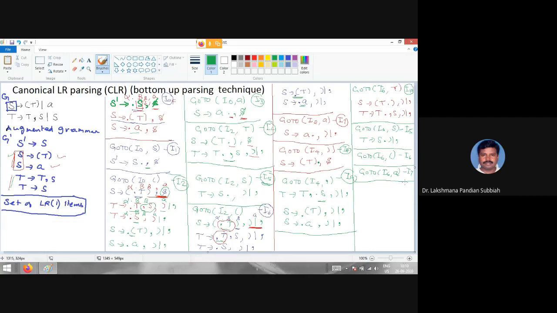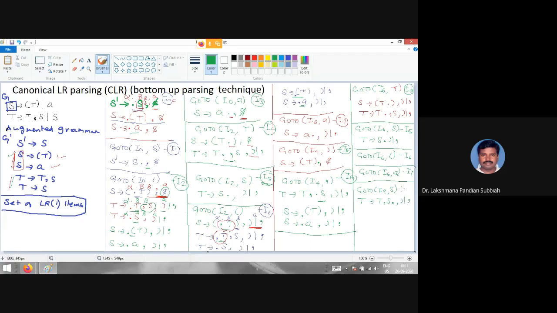Now here I6 over, then I7, I7 no moves, right? I8 no moves. So I9 comma S. Go to I9 comma S. So what will you get now? T, there is T comma S, T comma S dot comma close comma, right?